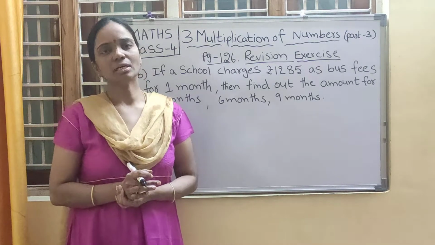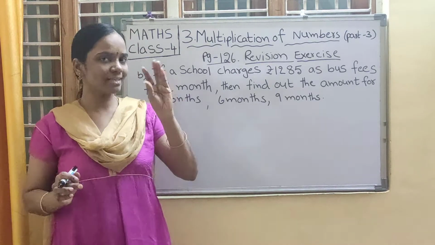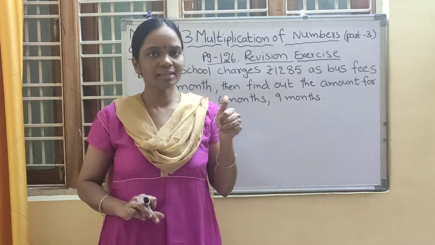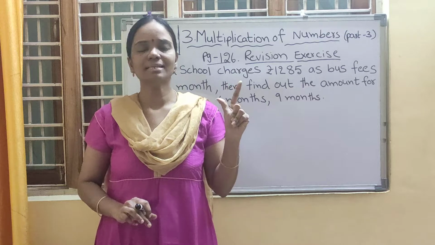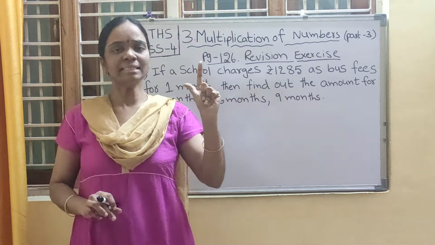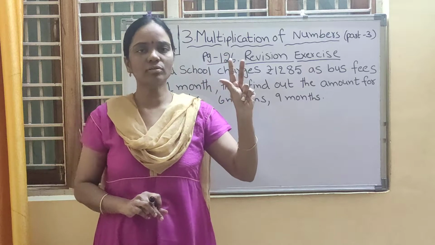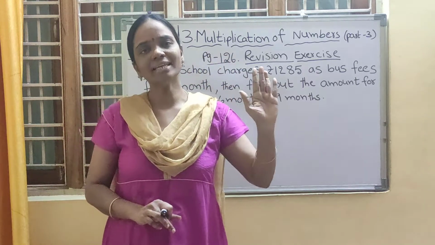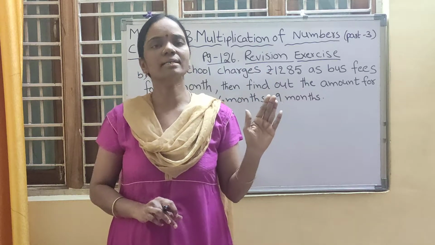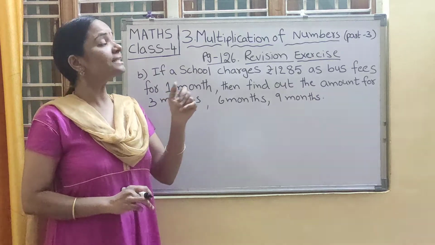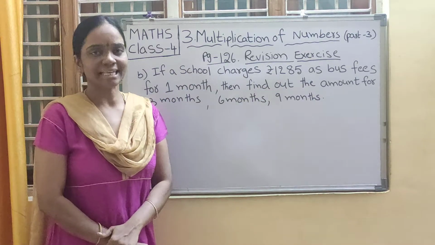Before going to solve a word problem, we have to follow the 5 steps. What are those? The first one is read the problem carefully, and the second one is underline the keywords, meaning nouns, things, unknown things. The third one is find out the operation, the fourth one is solve the problem, and the fifth one is verify the answer. These are the 5 steps we have to follow. So what is the first step? Read the word problem carefully.